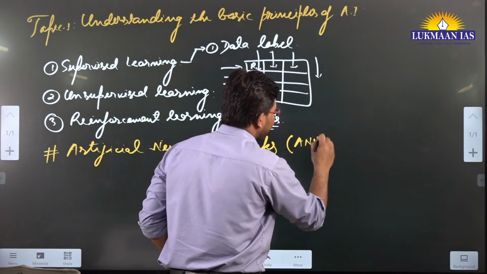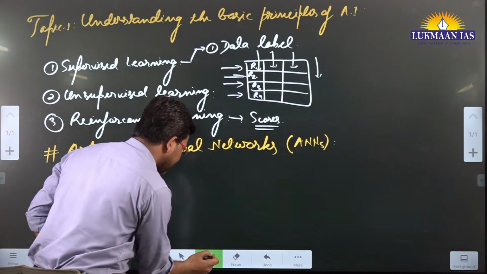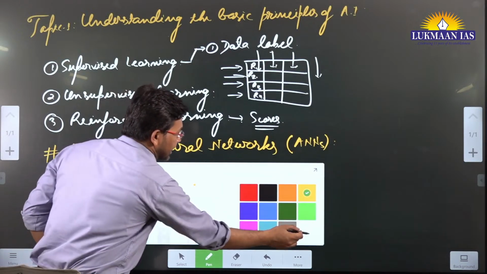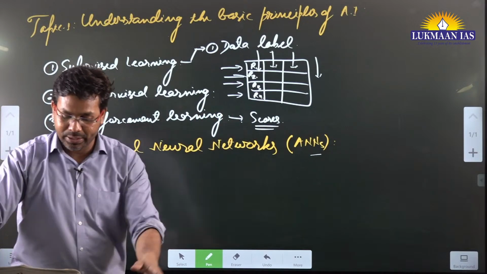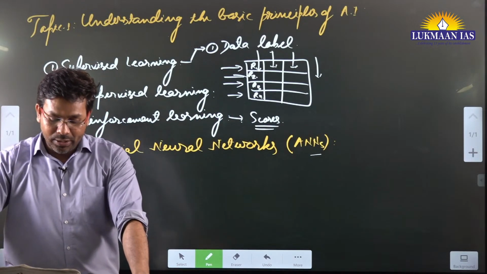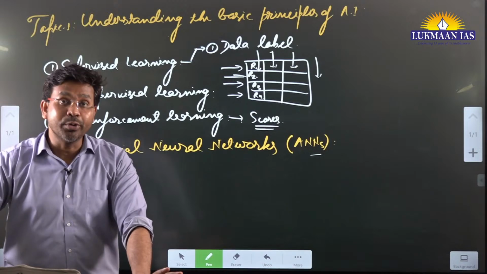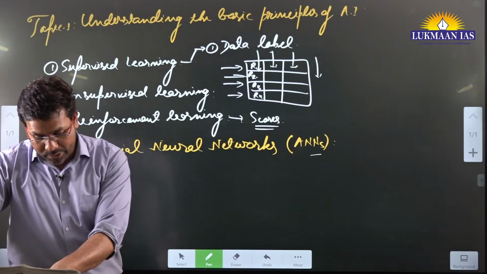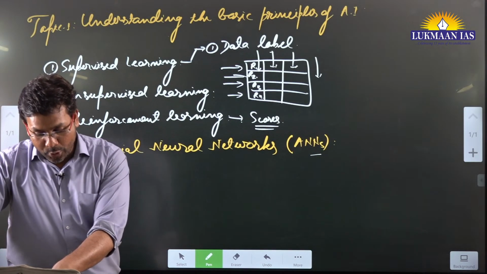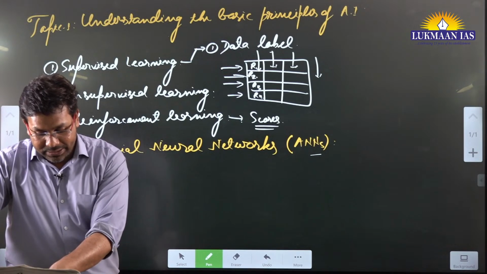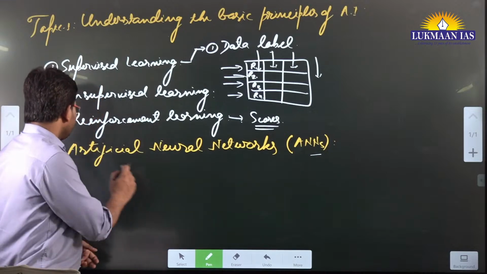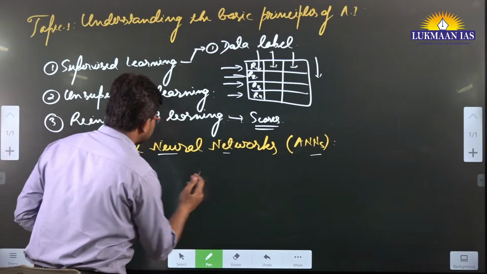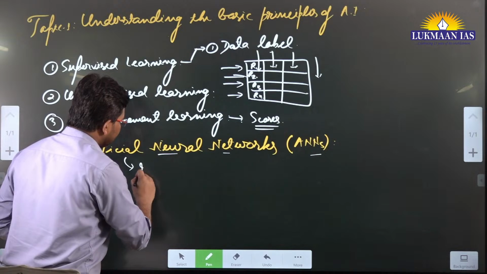In short, artificial neural networks can be represented using the symbol ANN. Artificial neural networks comprise computing units or nodes connected together in such a way that the whole network learns the way an animal brain does. So in the case of artificial neural networks, it mimics